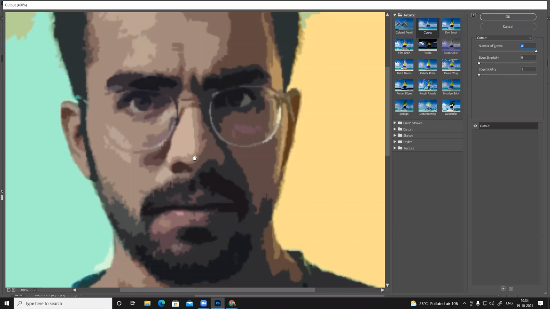But if you want to convert this into vector, there's something called Corel Tracer or something. I forgot the name exactly. Tracer, I believe, or Illustrator also has this option. You can open this image and convert it into vector. In one click, it will, because these are all solid colors. There's no gradient, so based on the color, it will create all these layers separately. It will separate all the layers. With just one click, we're done.